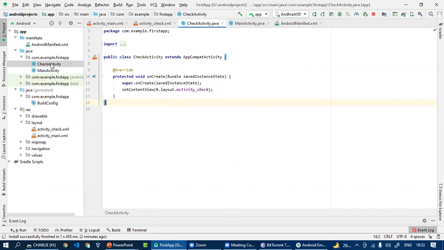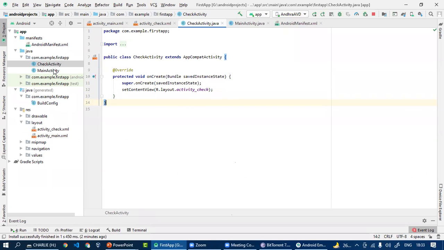So have you seen any kind of application where there is a welcome screen and after some time, 5 to 10 seconds, the screen disappears and we have our main screen? This is known as the splash screen.